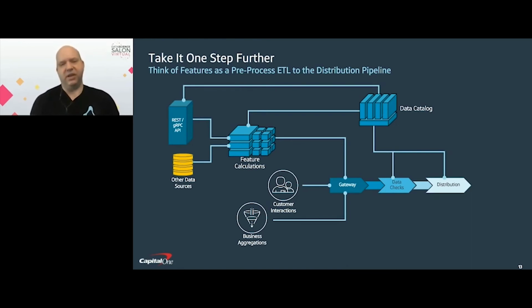Notice how the data catalog now plays a good role in the feature calculations. Not only can we describe the features that are going into the platform, but the integration between the two means that the catalog is a little more accurate. It knows exactly when the calculations occur and exactly how they're occurring. We can link to things like the source code involved and the schedule that feature is being calculated on. And we know that the feature calculations make it into the platform because it's part of the platform.